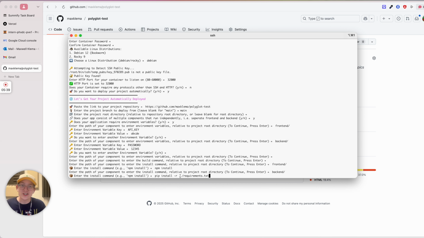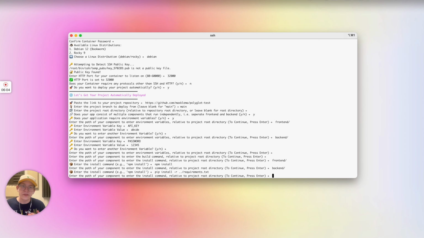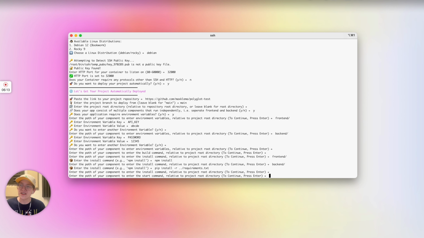Without doing this, it's actually going to install from the wrong directory, and I won't even have any of those packages available in my backend. So it probably won't even work, and my application will fail to deploy. This is why it's super important to pay attention to the paths that you're using to enter these different components and these different installation commands in. All right, so I'm done with that, and there are no other components that require installation commands. So I'm just going to hit enter, and now I'm going to do the same exact process,